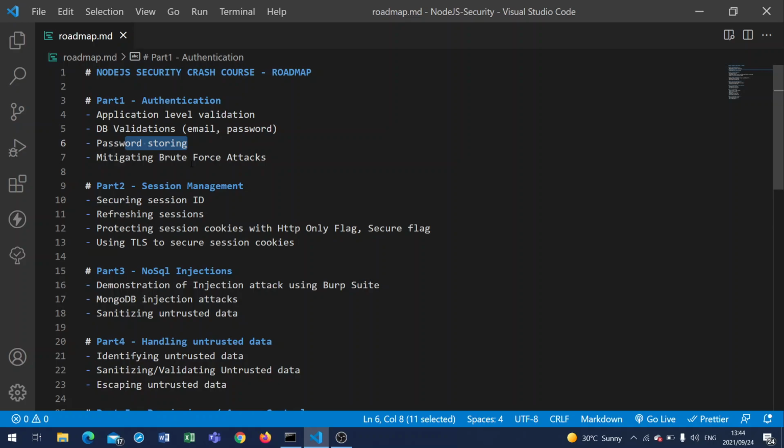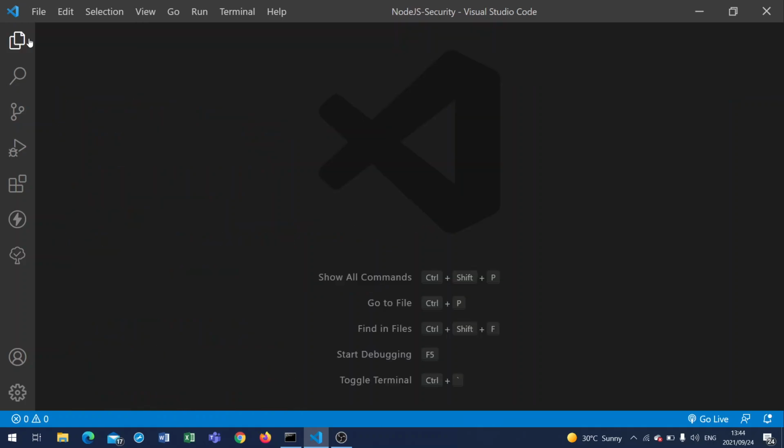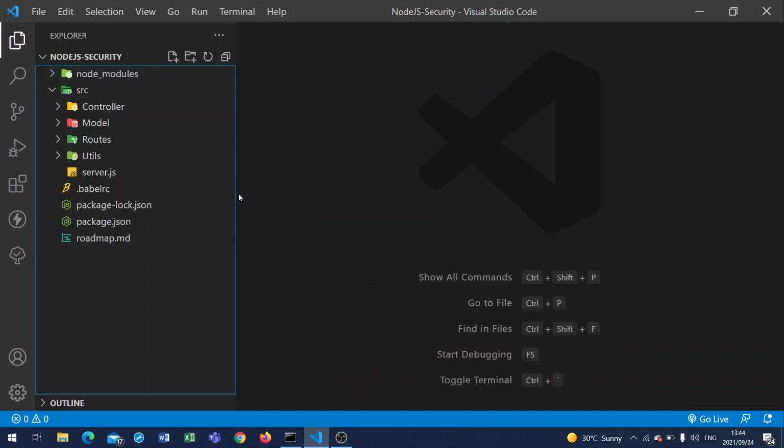Let's get started. So with regards to this project, I already have a base project that I've already set up. I have a pre-assumed idea that the people watching this video have a basic understanding of Node and JavaScript. However, you don't have to be an expert, just that basic level of understanding is required, right? And with that basic level, this is a beginner-friendly crash course. So do not worry, I'll be explaining each and every line of code that I'll be doing all the time,